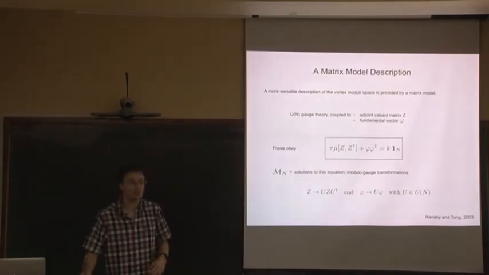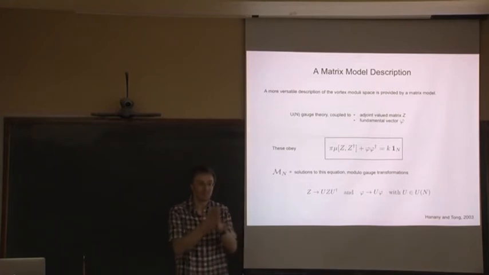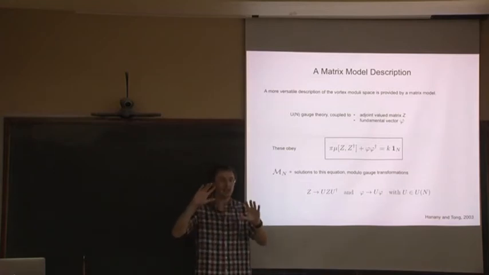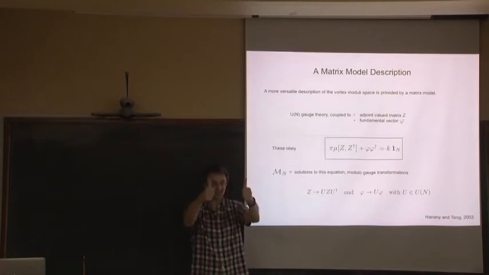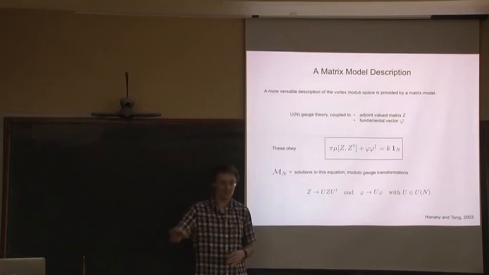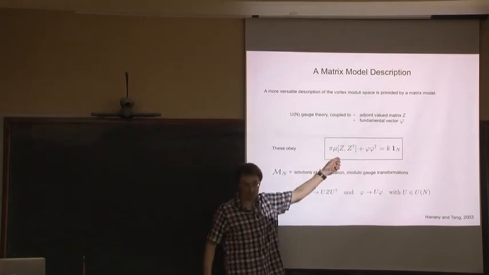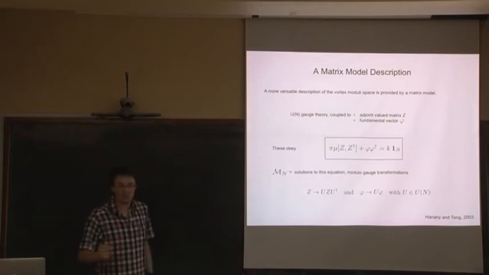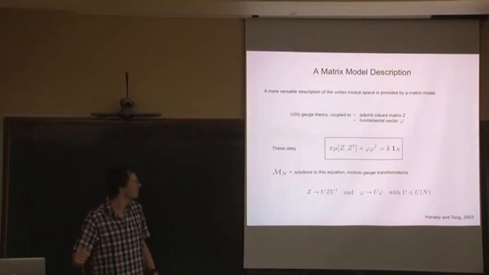Okay, so let's at least do some counting to see. What half do you throw away? Sorry, this would be the D-term. Yeah, ADHM has a Z and a W, two complex fields, and a phi and a phi tilde. So you throw away the W and the phi tilde. The F term then is immediately 0, and the D term reduces to this. Let's just do some counting to see how this could possibly be true.